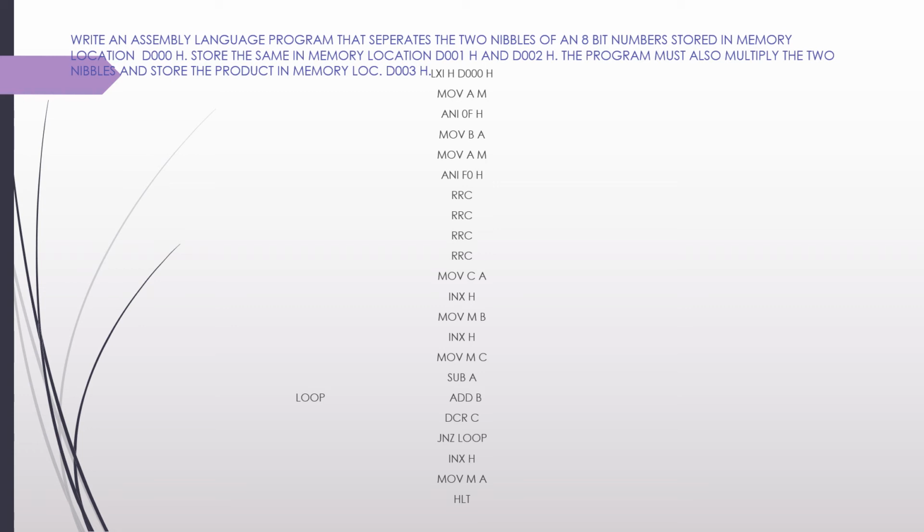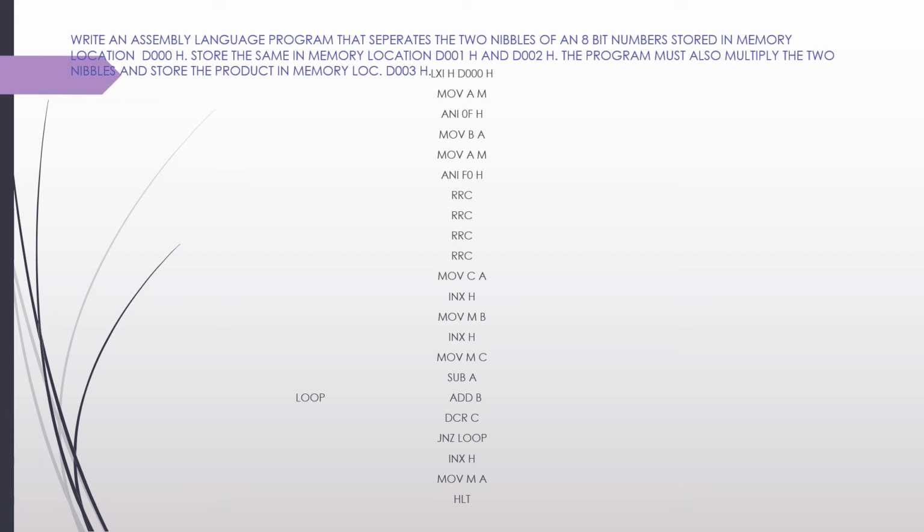That is the implementation that we are going to do in the program. So the instructions are LDA 8000H, move the contents of memory to accumulator, and ANI with 0FH. When you AND with 0FH, if you have 45H as the data, after ANDing with 0FH you get 05H. And then move the contents of memory to accumulator, and AND with F0,